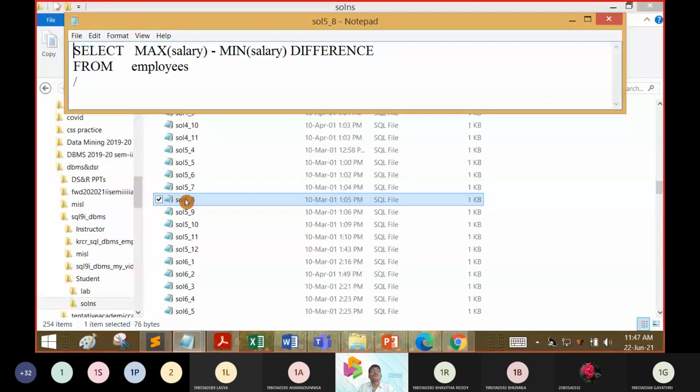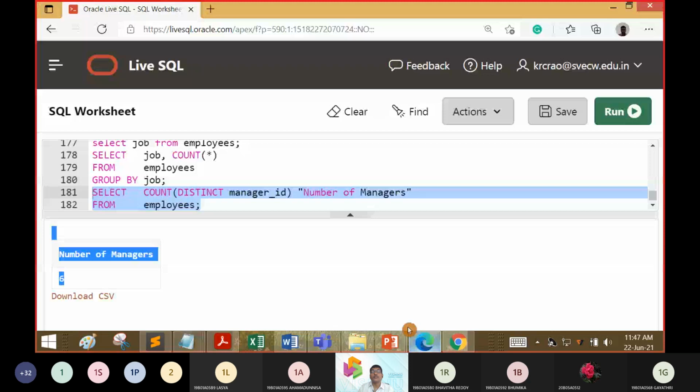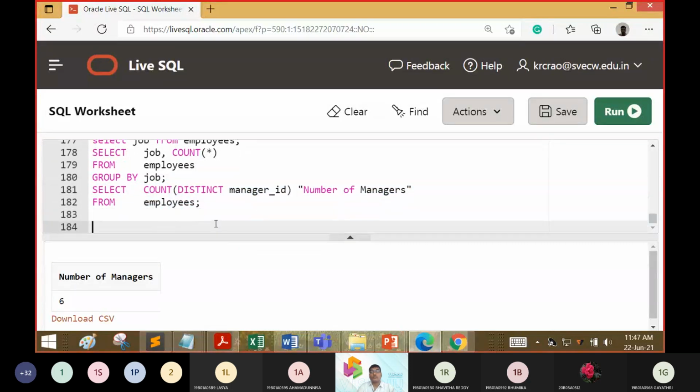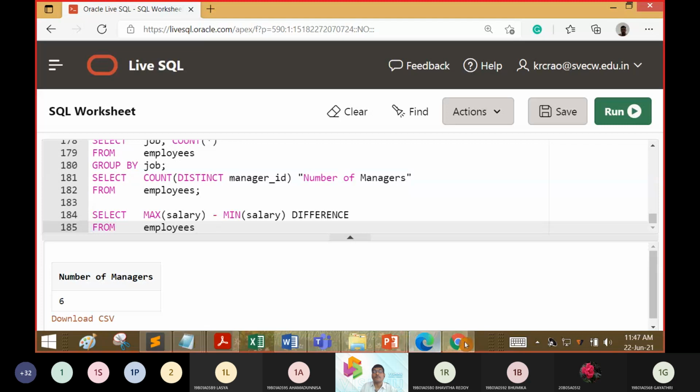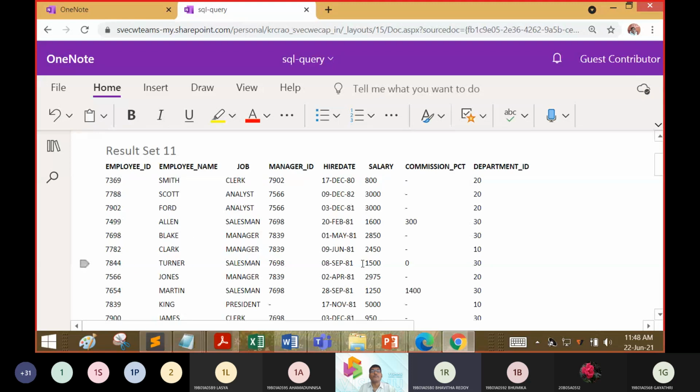So what is this? Max minus min. It is showing. How to interpret this? This will give the difference between the maximum of the salary and the minimum of the salary, sir.